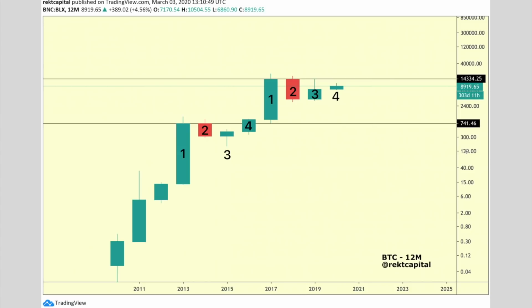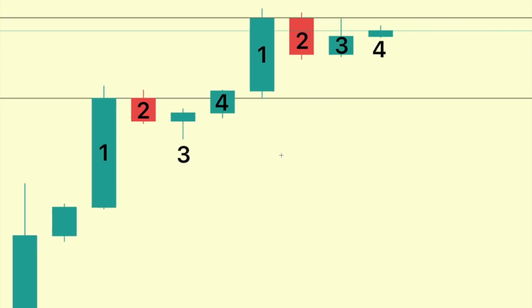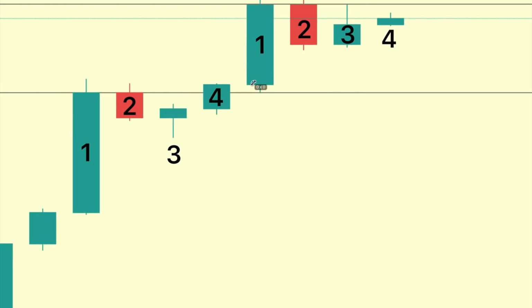This is where we need to close on the 12-month time frame for Bitcoin to propel into a new bull market, or at least into the continuation of the new bull market, where we will see an all-time high later on. So one of the ways that this might happen is once we get a close in number 4, we'll probably see a pullback in the form of a wick on the 12-month time frame to test this previous resistance